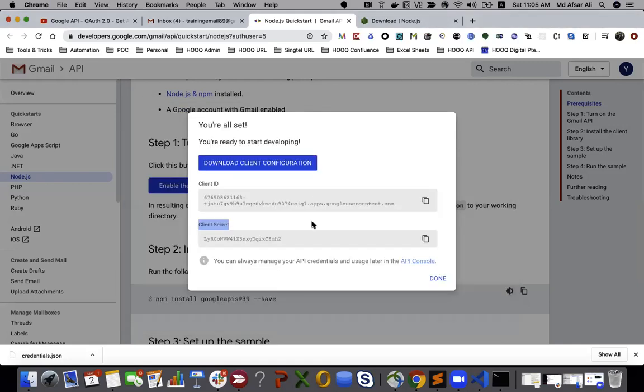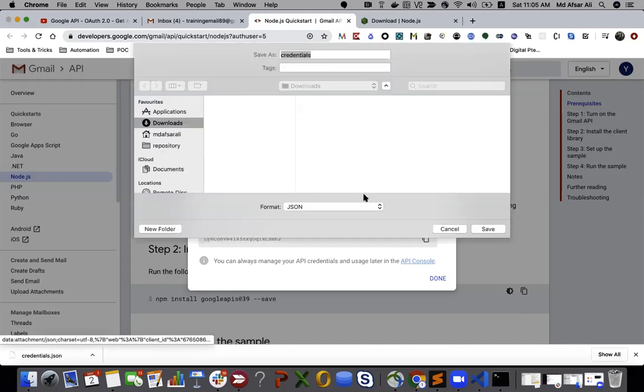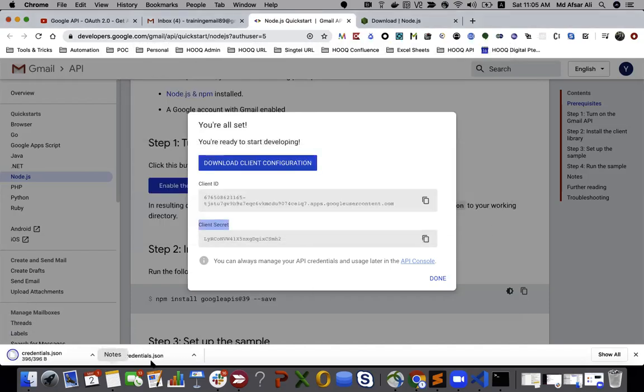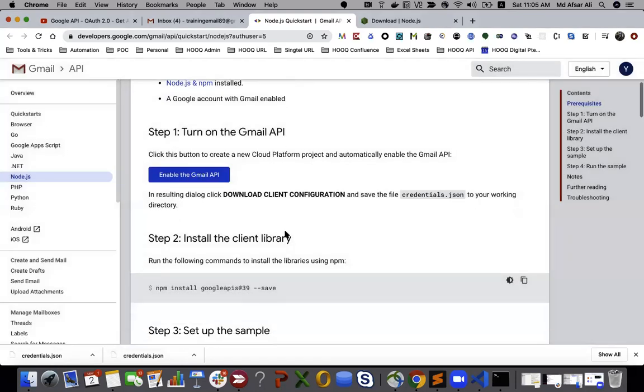And the next thing that I need to do is let's download this client configuration as well. It's a credential JSON format, right? So I can download it. I downloaded the credentials.json file. Then the next step, okay,